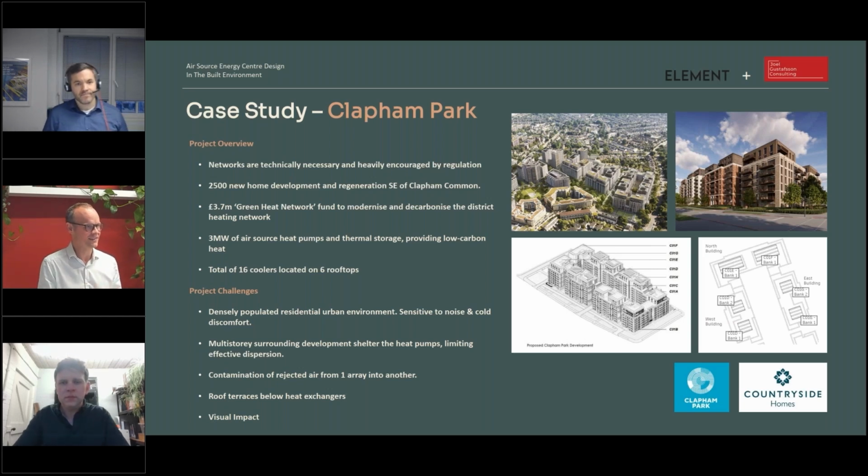If you could see it, like you do a gas boiler plume on a cold day, you would see the discharge of one array potentially sucked into the other and having a magnifying effect in a certain wind direction. And the last point on there, on the visual, the roof terraces.